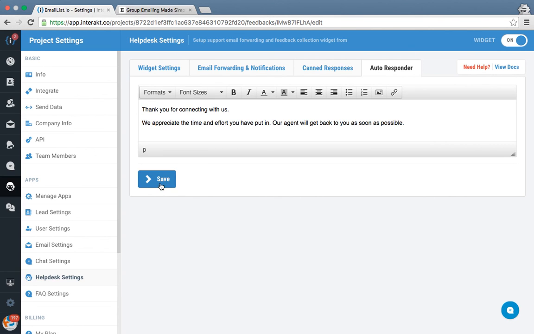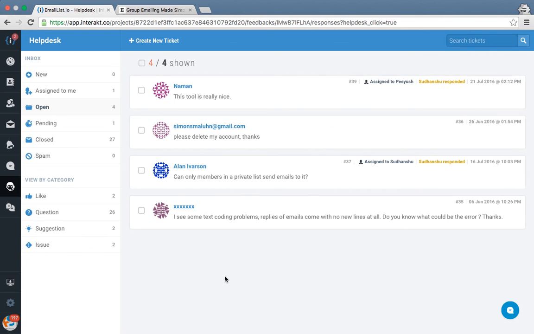Let's hit save. You have all these customizations available in help desk, which will let you close your tickets faster and help your customers with their queries instantly. As soon as you reply to that notification email or the ticket email, you'll be able to see that message in the help desk as well. So this is how the help desk application looks and works, and you can do all these customizations in help desk, of course.